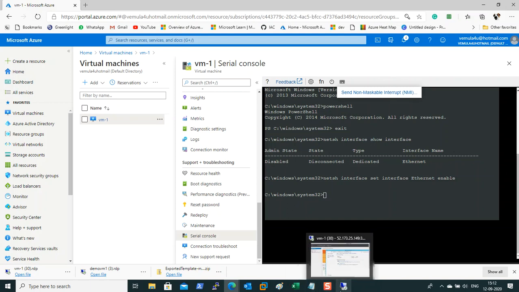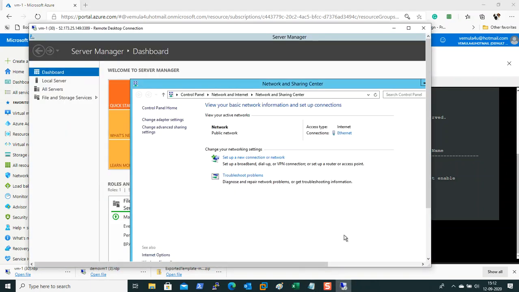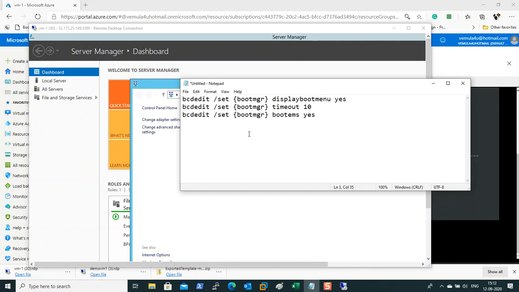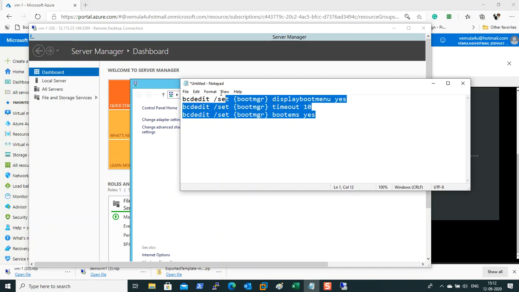In order to do that, you have to enable your BCD edit settings, with the boot manager display enabled. These are the commands that we should be running on the machine to set up these settings on your BCD edit file.